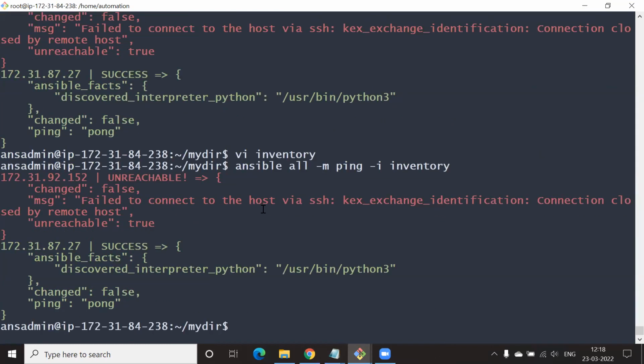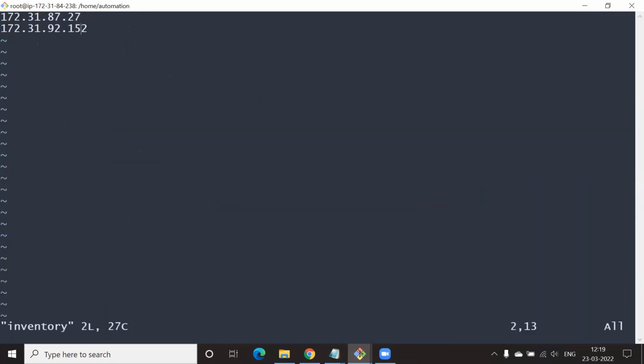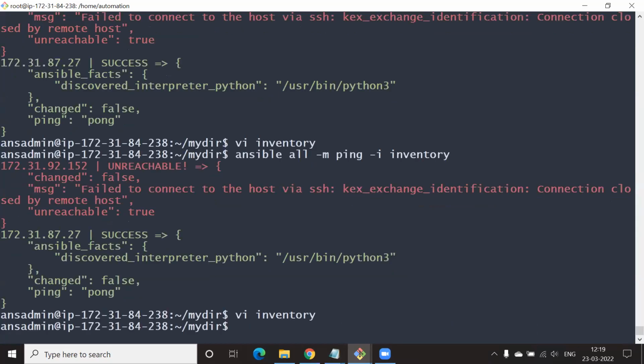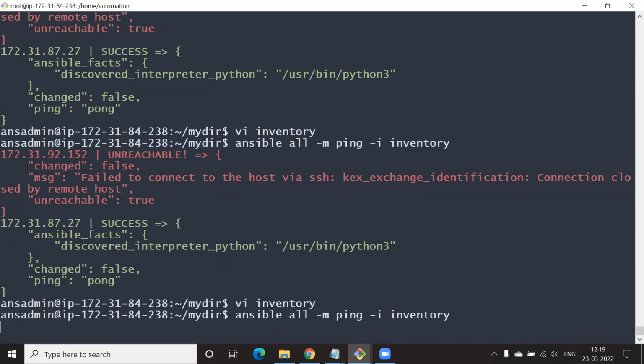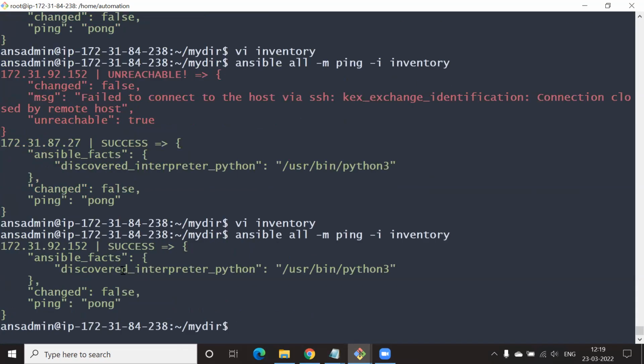But even if you comment it, maybe it is taking. No, -i is your overriding. Your command line will take higher precedence over the configuration. This is the very idea of it. I'm surprised. Just delete the first one, keep the second one there. Back to the inventory file. Delete the first one or comment the first one. Run it. Yeah, now it's happening. Strange.